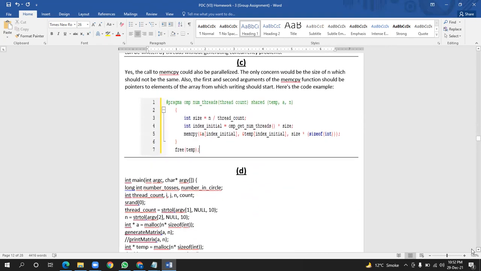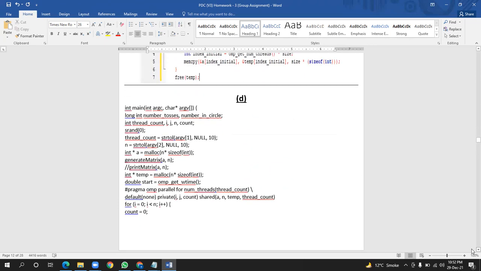In this code, we see that in the main function, with long integer thread_count, we use variables thread_count, i, j, and n, and count. We use the srand function to generate random numbers, and for thread_count we use strtol. This function is used to convert a string into a long integer, and the arguments are 1, NULL, and 10.